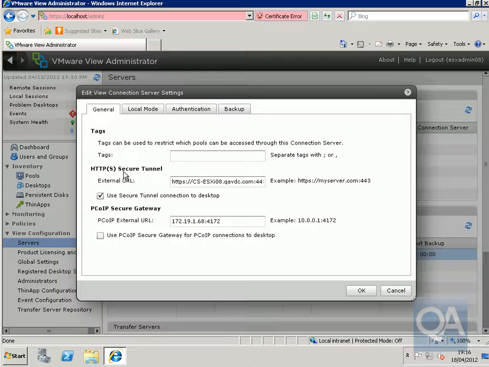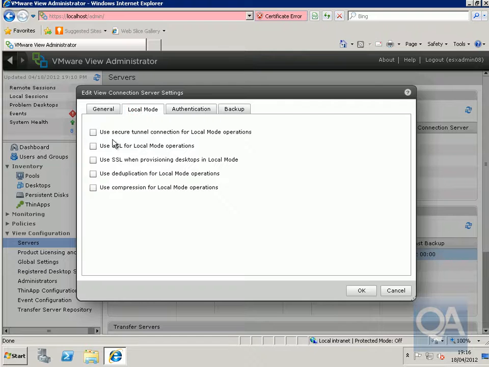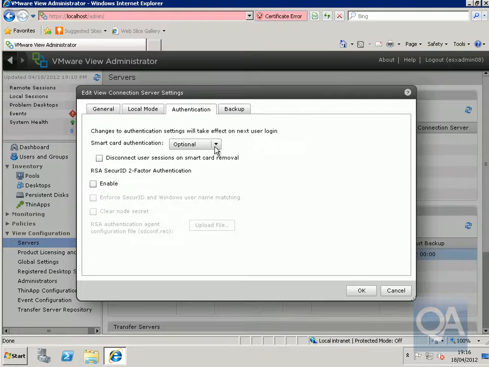We've then got the HTTP secure external URL tunnel. We've got, as we can see here, use secure tunnel connection to this desktop, and we've also got settings for the PC over IP secure gateway. Local mode settings allows us to specify exactly what happens in local mode. So we'll come to this in a later demo and just have a look at the various settings for local mode. The authentication tab just allows me to specify things like use smart cards or use RSA authentication for the